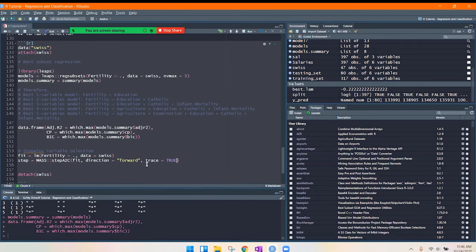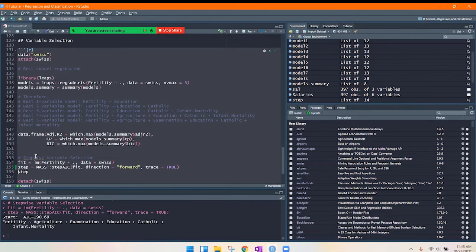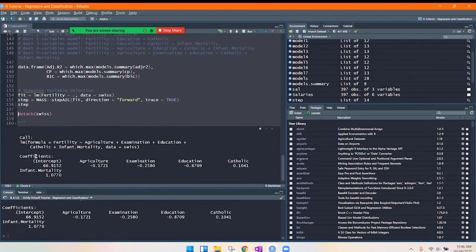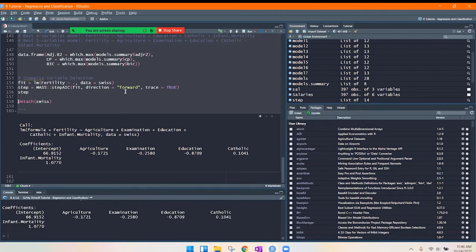So what if we do true? What it's going to do is, for every iteration, it's going to show us how it computes. So I'm going to put step here again, but I'll do this for step, and then I'll print out step. In this, it was very easy. It was just one thing. If I do backward,